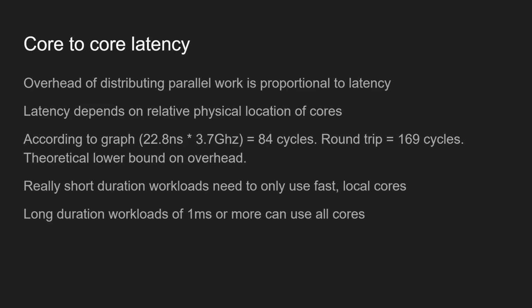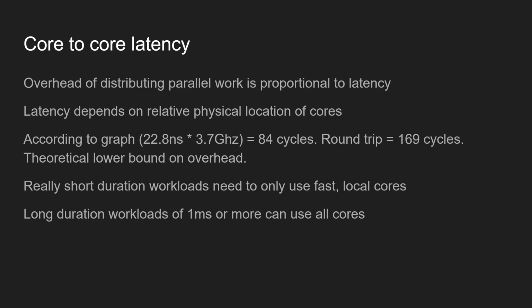And that was 22.8 nanoseconds, which it says was with a CPU that was clocked at 3.7 gigahertz. This comes out to around 84 cycles. In order for a communication to be useful, oftentimes it needs to be two-way. So that means that a round trip time to send a message and receive a message back is around 169 cycles. This is a theoretical lower bound on how long a parallel job can take,